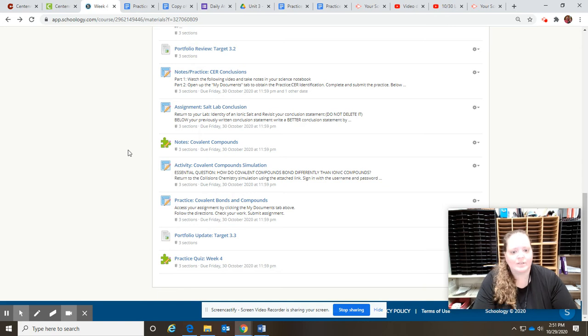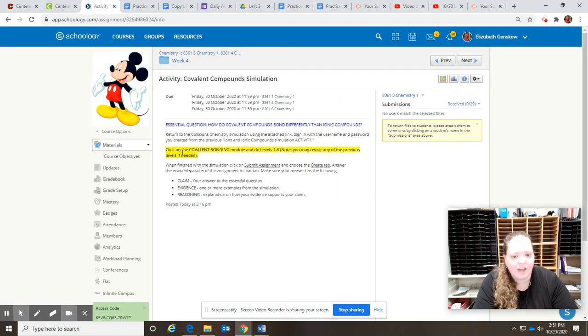Lastly thing is covalent compounds. So we've done ionic compounds with the rule of 0 charge. Now we're going to go into covalent compounds. So here's your notes on that. Watch the video, take notes in your notebook, take the 4-point quiz. Then you have the activity with that simulation, that collisions chemistry, okay? Go to that collisions chemistry site